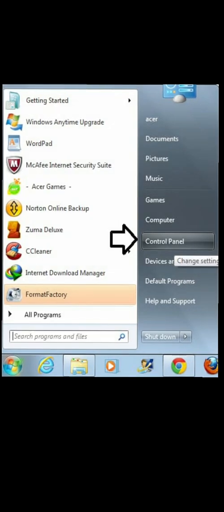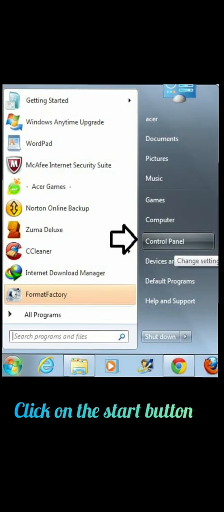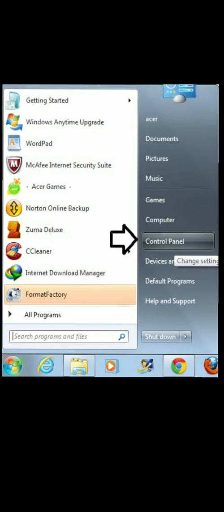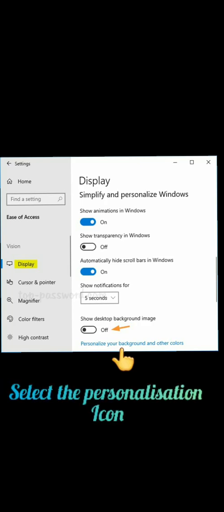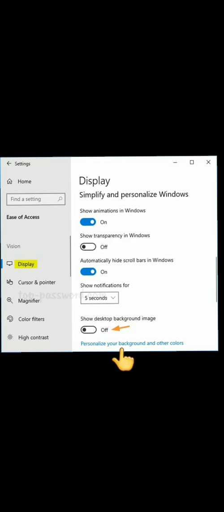A screensaver is an animated image that is activated on the computer if the computer is idle for a certain specified time. Now we will see the steps to change the screensaver. Step 1, click on the start button and select the option control panel. Second, the control panel window appears. Now third, select the personalization icon. Fourth, a window appears for personalizing appearance and sounds.